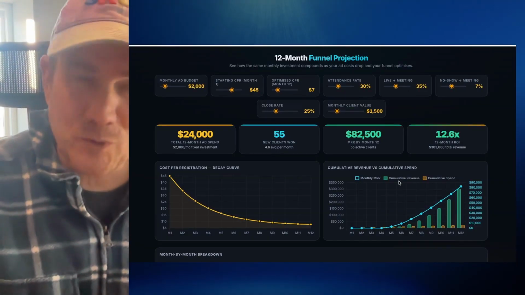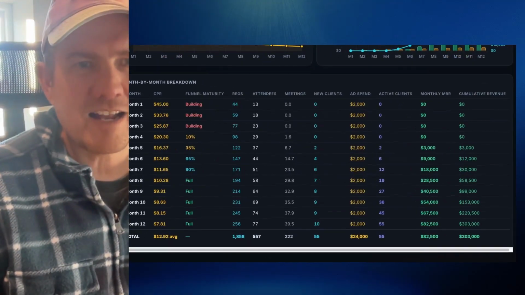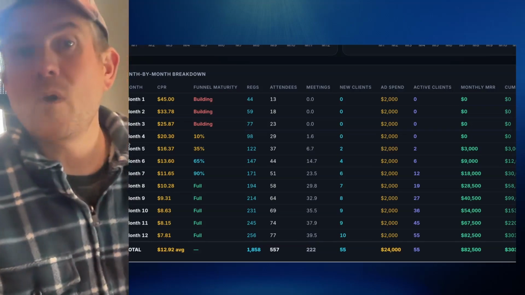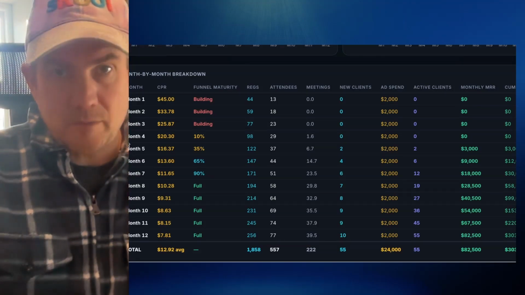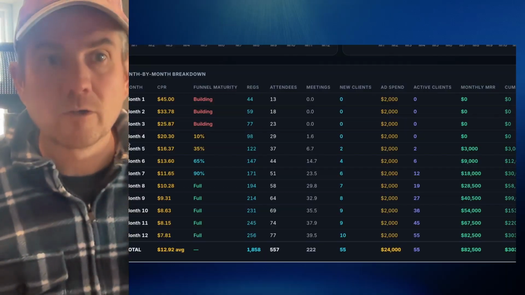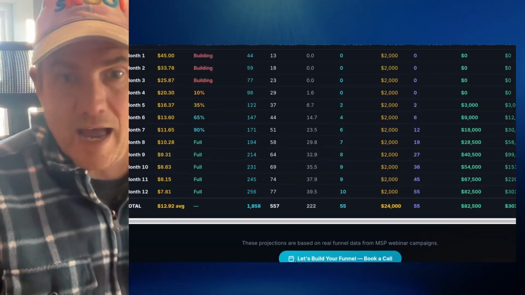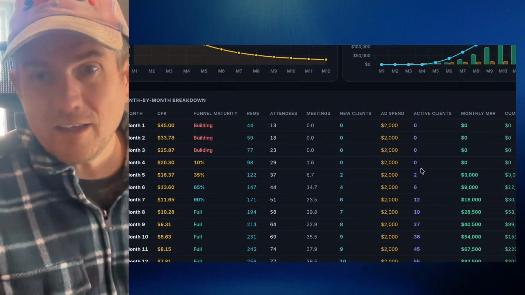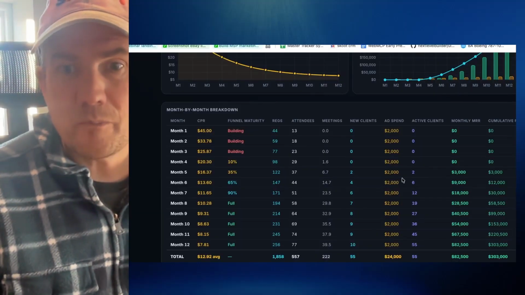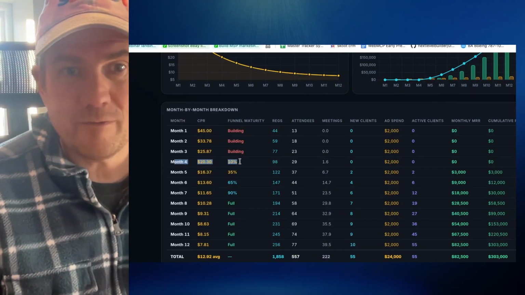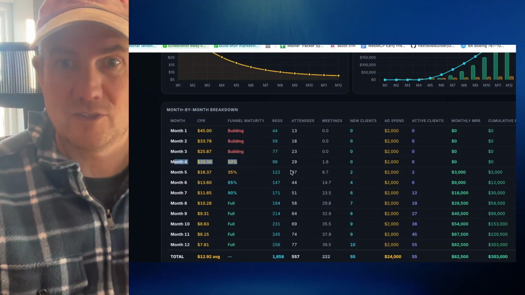But the most important stats are these ones here. This is the bit that you need to understand if you're going to be running ads, certainly to webinars, and you're planning to run and train the algorithm on who you want to come to your webinars or fill in your lead form. Okay. So there's funnel maturity basically. This is going to happen and you need to be prepared to pay to mature your funnel. Okay. So over time, it will probably be month 4 or 5 before you actually start to close meetings, to start to close actual clients. And you can see that here.